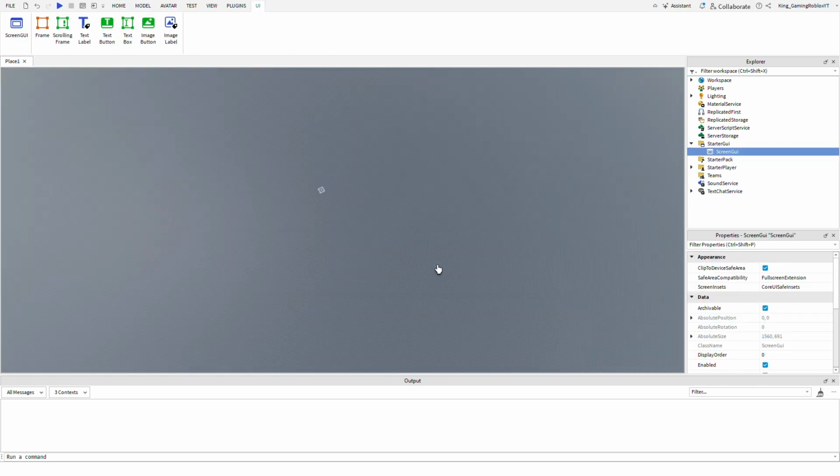Now let's begin coding a few examples of remote events. This first example is going to be me coding a button that will give you plus 50 cash when you click it. So if I click it, I'll get 50 cash. And I'm going to start by making the UI. It won't be anything pretty, and I'm going to name the screen GUI